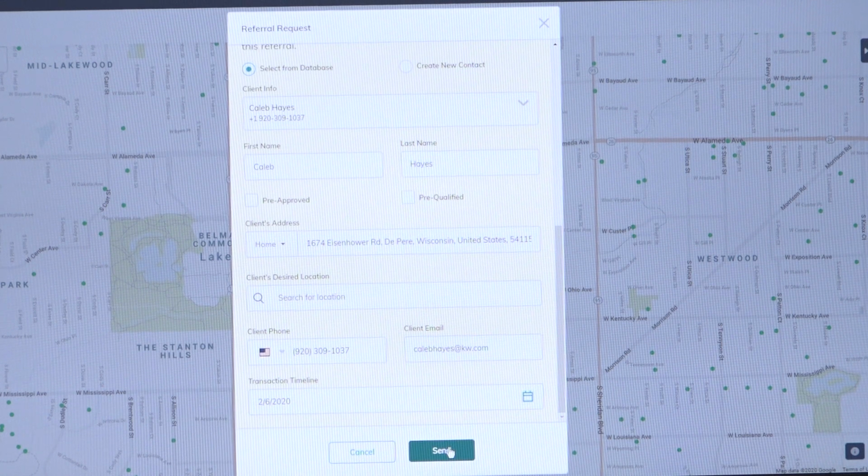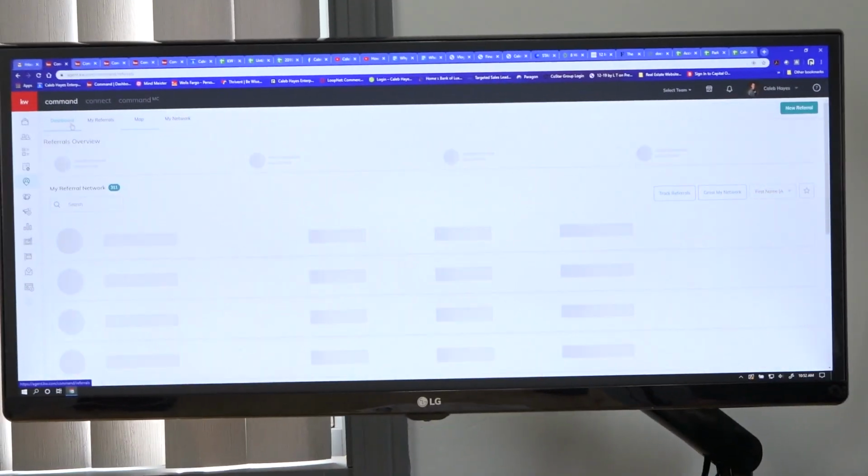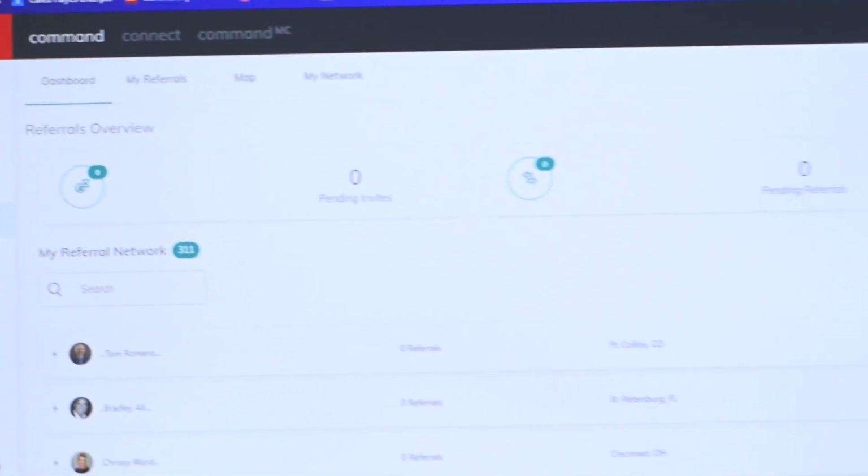It's going to send him an email. He's going to get notified that this is out there. I typically like to call them and say, hey, I'm sending you a referral. Call them, get to know them a little bit. Once you've sent that, you can keep an eye on it on your dashboard. This sent section up here is where you're going to keep an